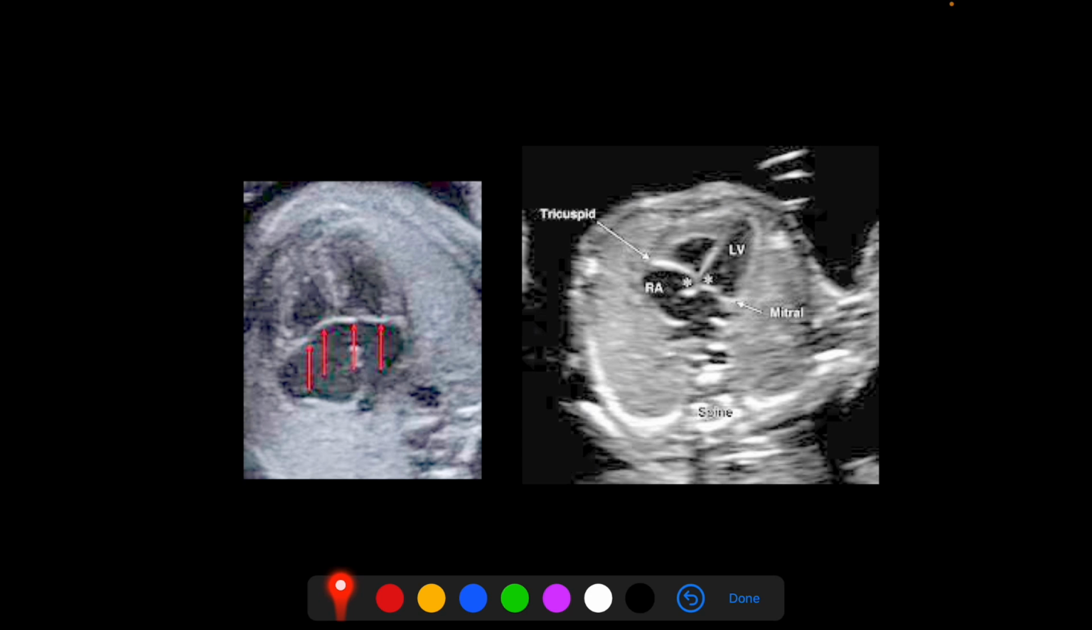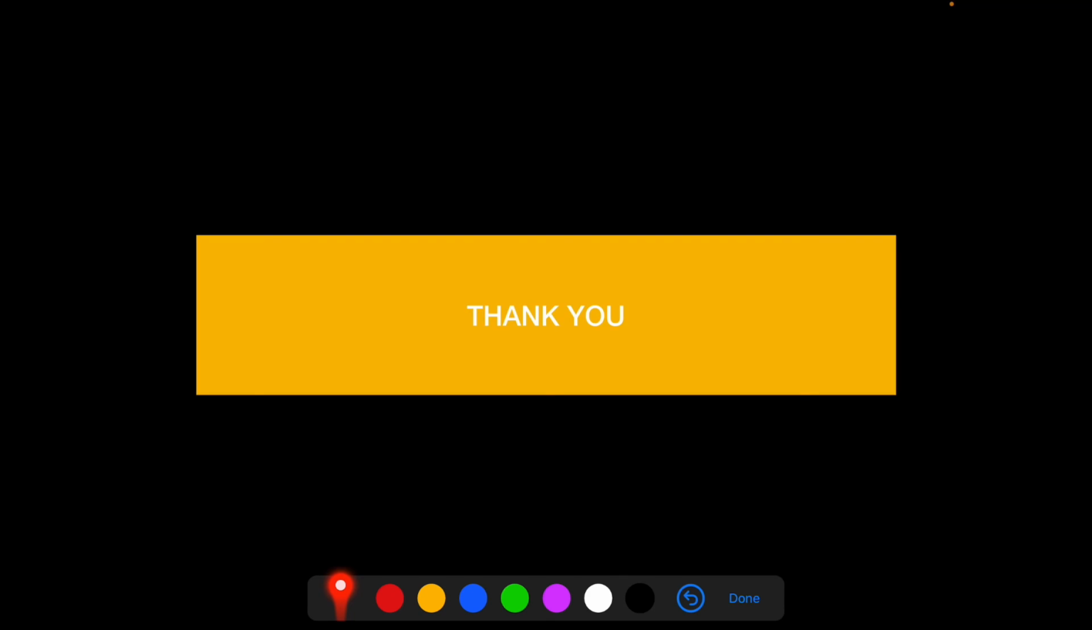represent the partial AVSD. So this is a normal 4-chamber view, where you can see the offset tricuspid valve is slightly lower than the mitral valve, but here it is almost at the same level, and atrial septum is seen adjacent to the crux, but it is absent at this level. So this is partial AVSD. So thank you. Today we have discussed ventricular